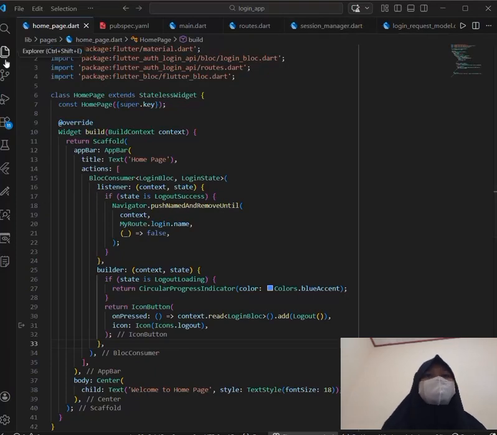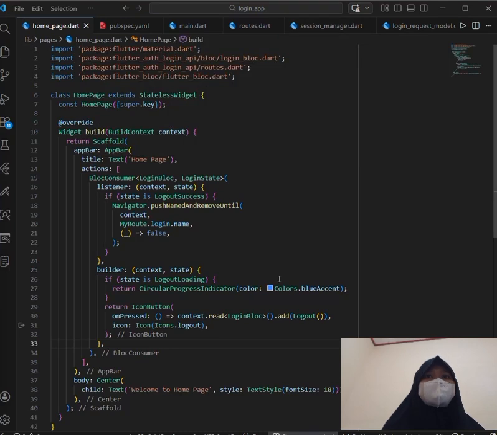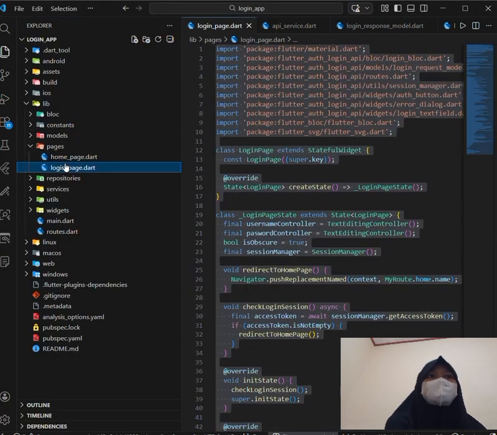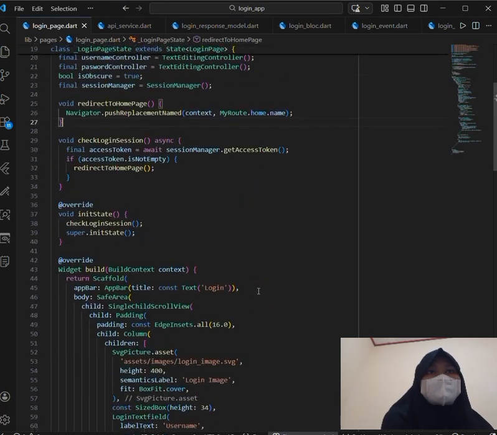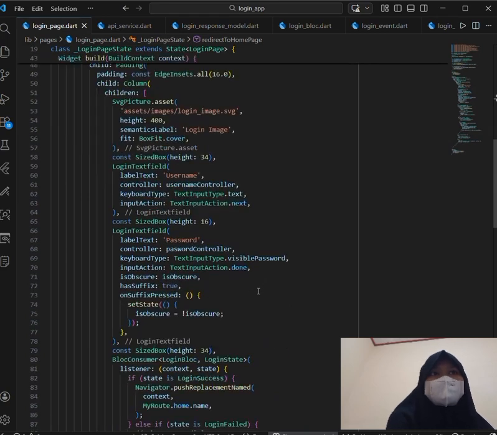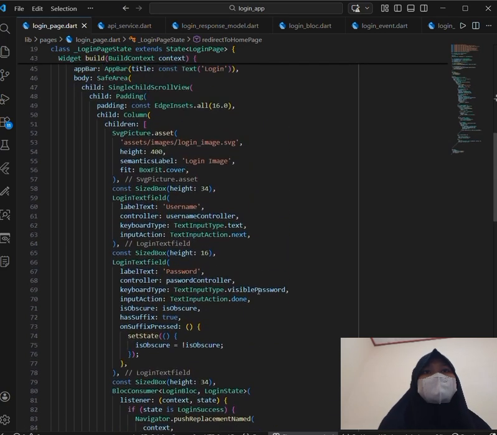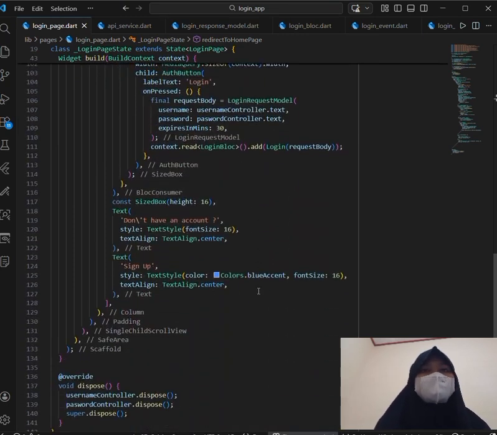So in this project, we're going to create a Flutter application using BLoC state management with authentication. First of all, you can start by creating the UI. Just make a simple UI like usual. You can use a template or create your own. Since this project only focuses on login, you only need to prepare two pages, the login page and the home page.